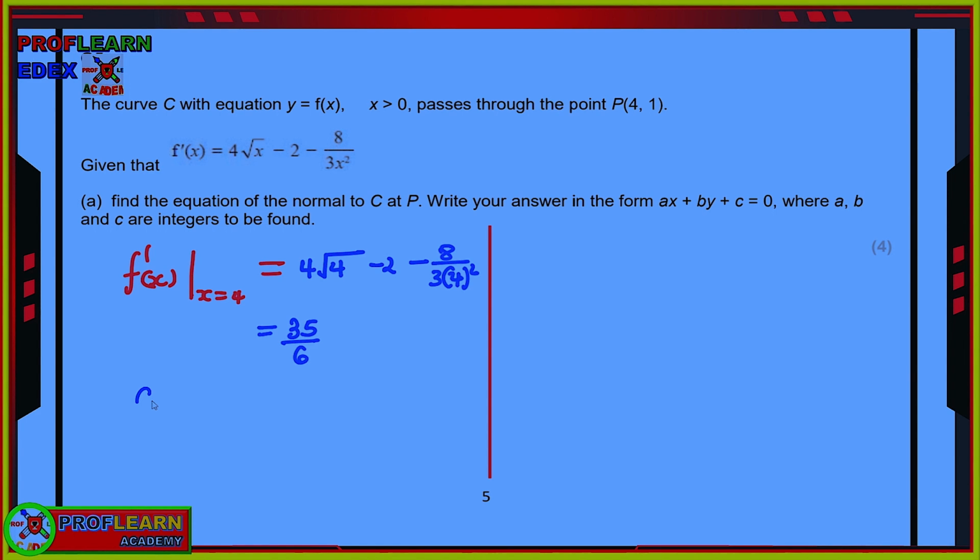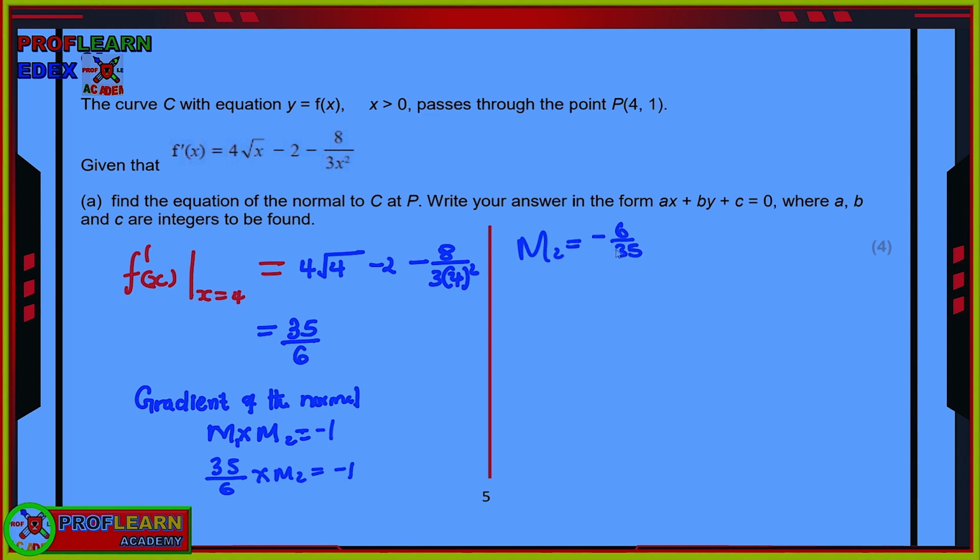If it was the equation of the tangent, it means we were to use 35/6 as the gradient of the tangent. But now, since we are talking about the equation of the normal, we need to know that a normal and a tangent meet at 90 degrees, so they are perpendicular. That means we need to use m1 times m2 to find the gradient of the normal. So m1 times m2 must give us -1 because they are perpendicular, which will mean that our m2 is going to be